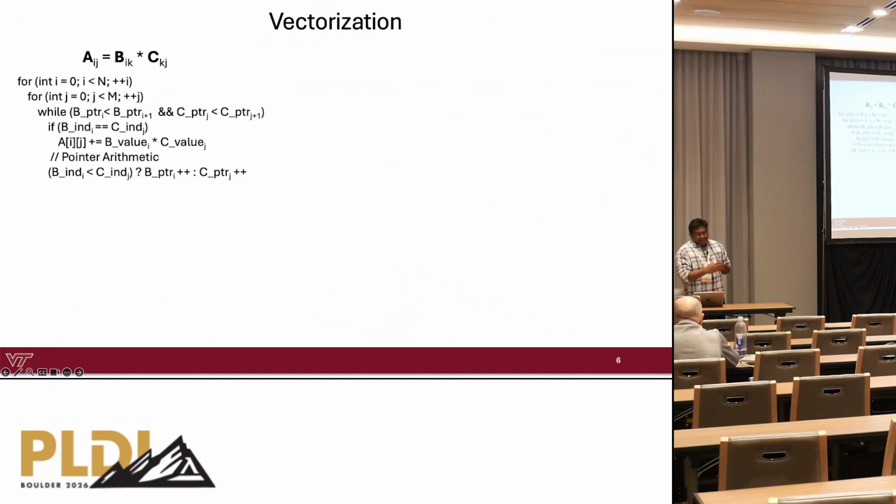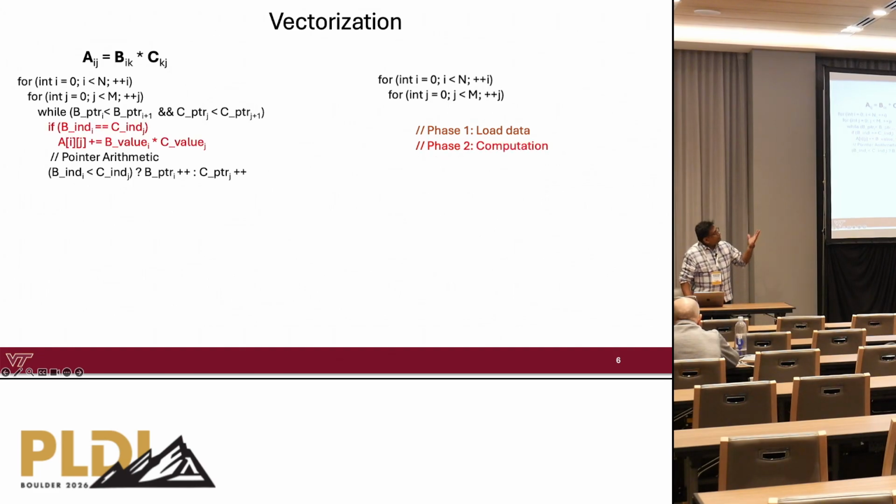So now let's see how we can vectorize this manually. In order to manually vectorize this loop, we want to chunk the iterations of this inner loop into smaller pieces. I'm going to keep the outer for loops as they are, and there are a few phases. I have to load the data, then perform the computation based on some condition, and then advance the pointers, but you have to do all this for a chunk of